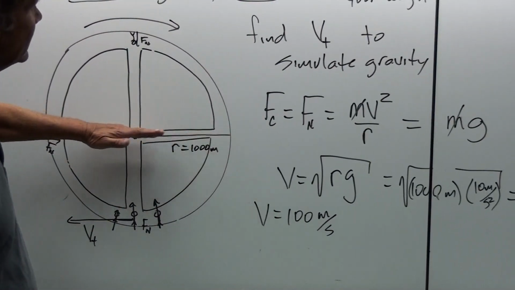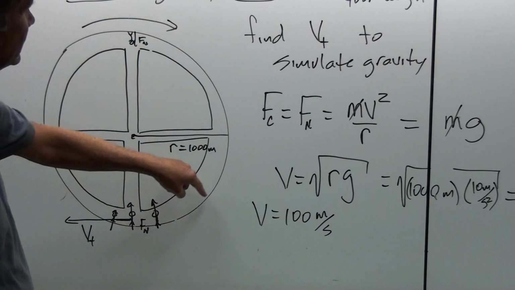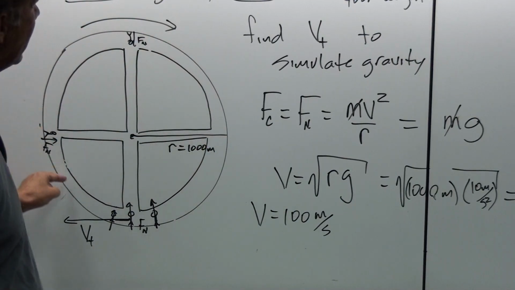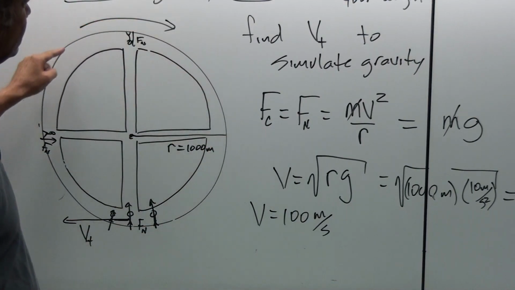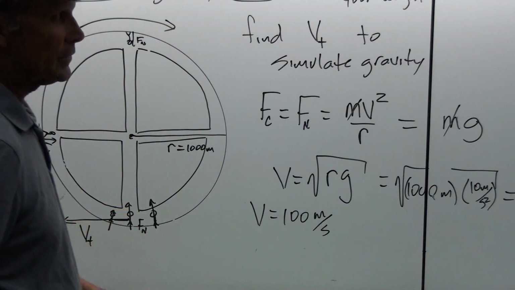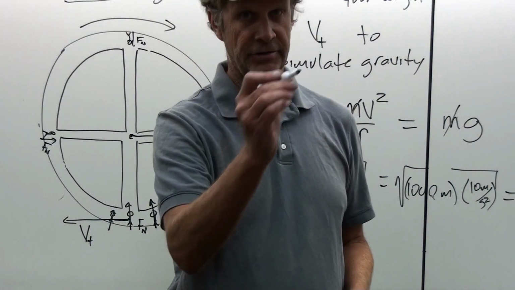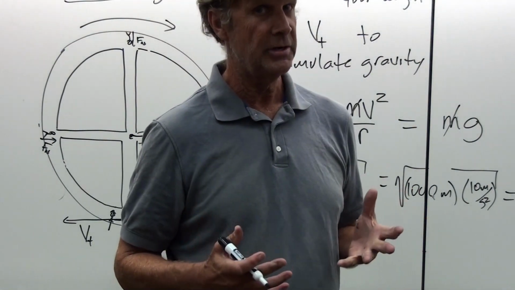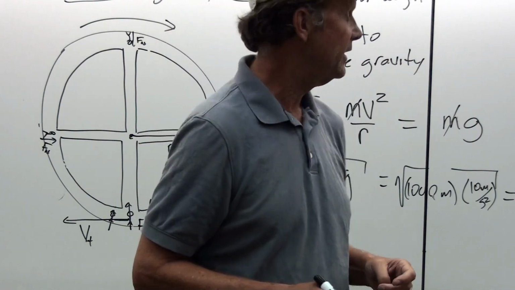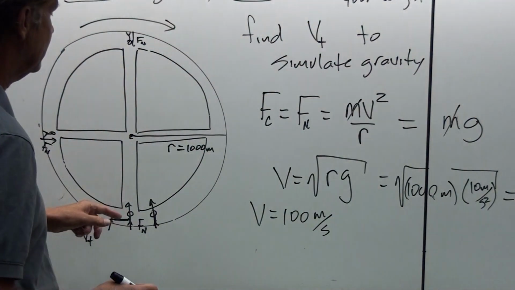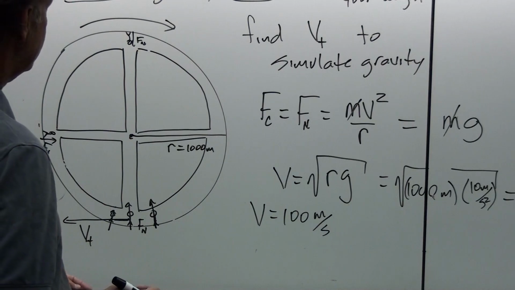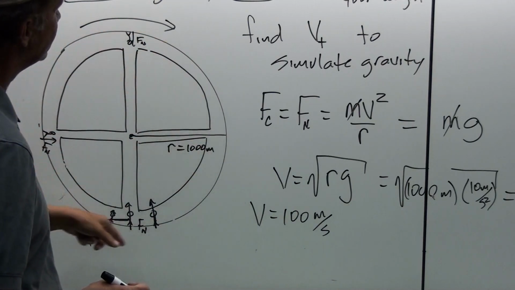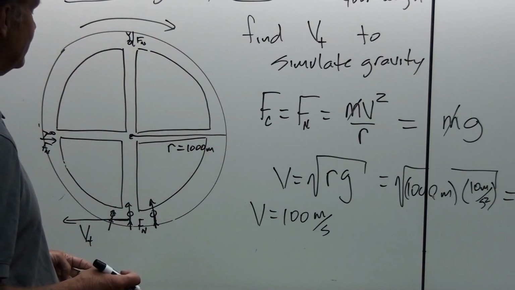But the radius is 1,000 meters, so that means 2 pi r, that'd be about 6,000 meters, and you'd be all the way back around to your starting point again. So this would be a pretty big space station. Okay, but it would be cool, because you would have simulated gravity. You could run around this thing, you could do laps, and it'd be like doing laps on the Earth.